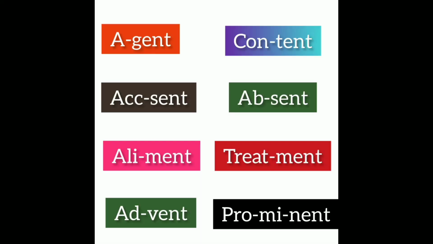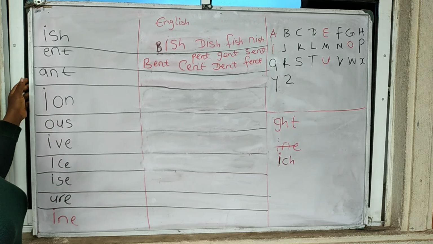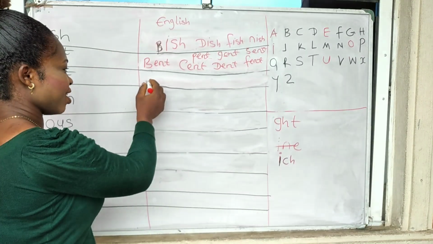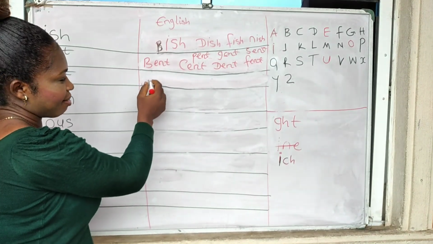And we have these words: agent, content, accent, absent, ailment, treatment, advent, prominent. Now to the next one, I have ant, and for ant here I choose, maybe I choose letter B,